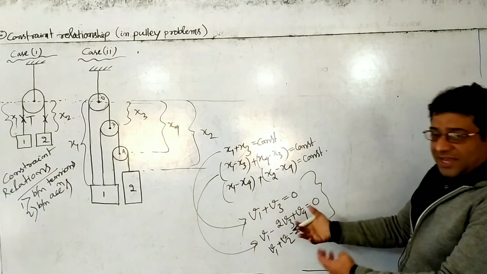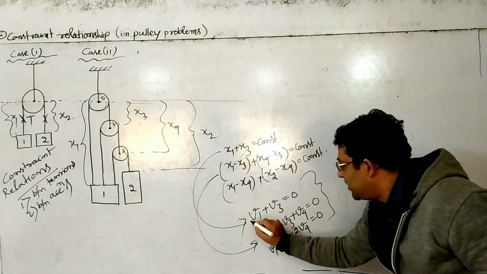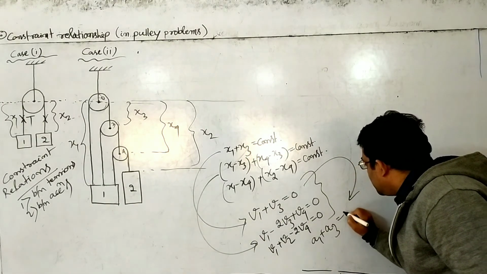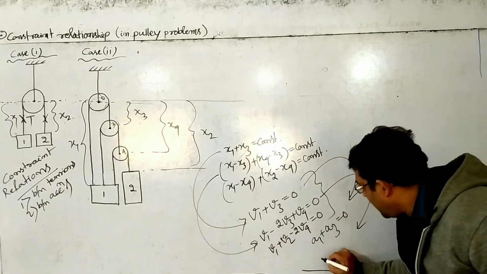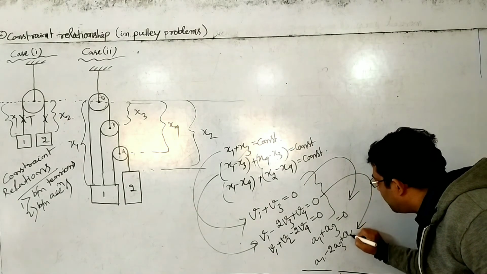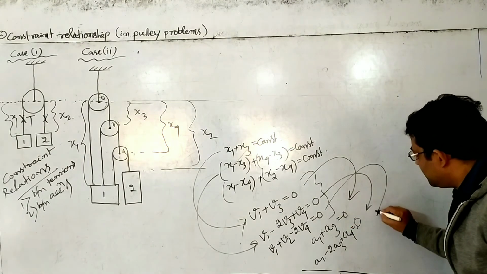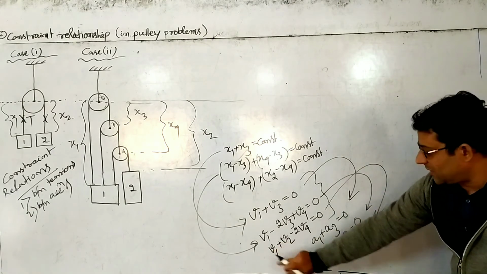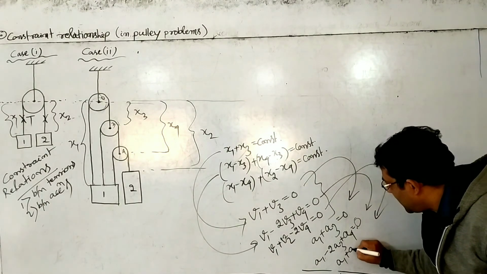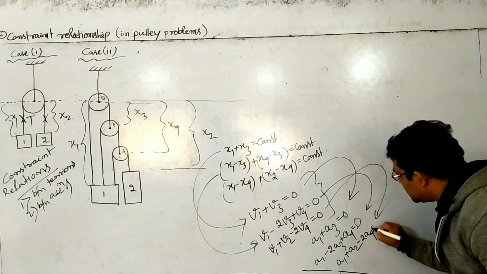Now, these three equations, again you differentiate once with respect to time. dv by dt is acceleration. So, from here what we can find out? A1 plus A3 is equal to 0. From here what we are getting? A1 minus 2A3 plus A4 is equal to 0. And from this, differentiation of V1 with respect to time is dV1 by dt, that is A1, plus A2, V2's differentiation with respect to time, minus 2A4 is equal to 0.